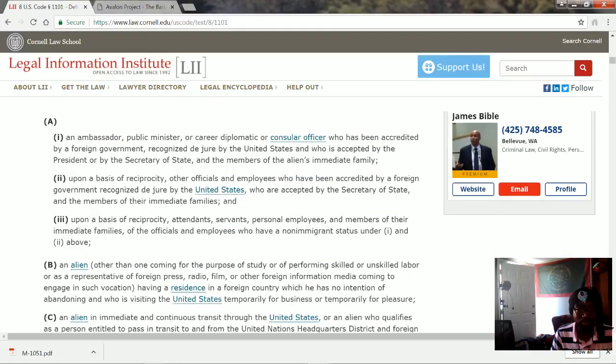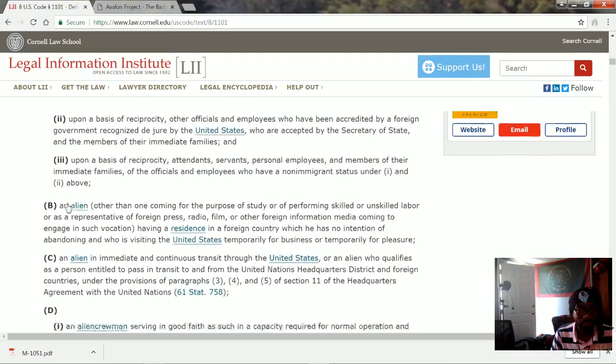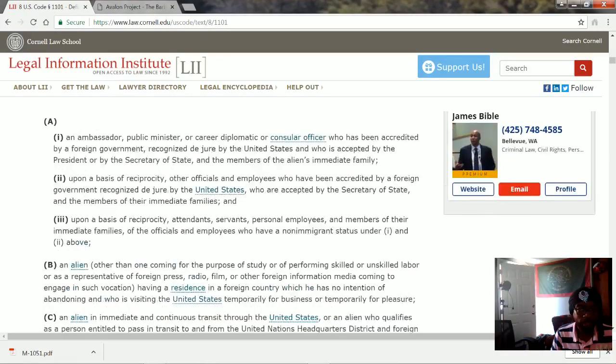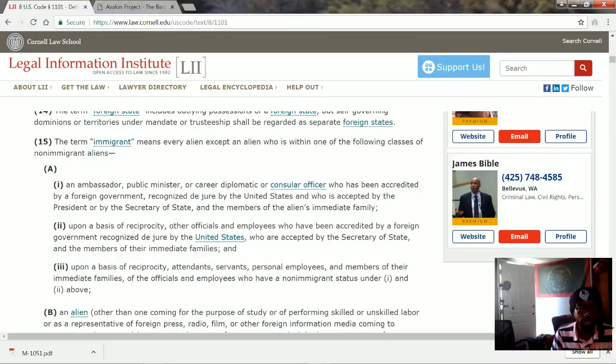You're gonna find out something funny too, right? About Congress. Check this. You got 15A1: an ambassador, public minister, career diplomatic, or consular officer who has been accredited by a foreign government recognized de jure by the United States. Recognized de jure. See, Morocco's de jure because the United States recognizes